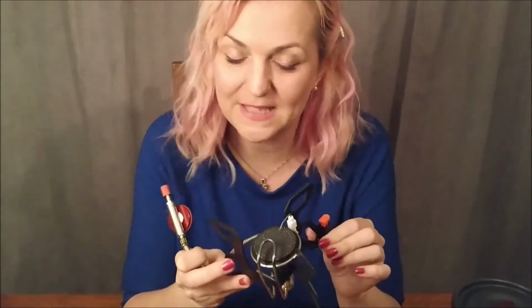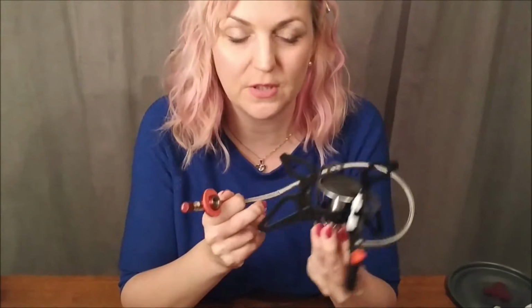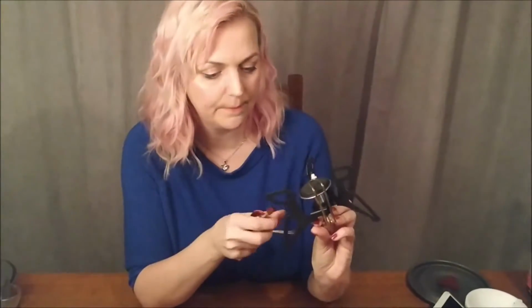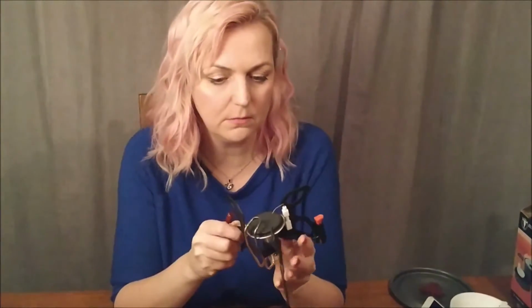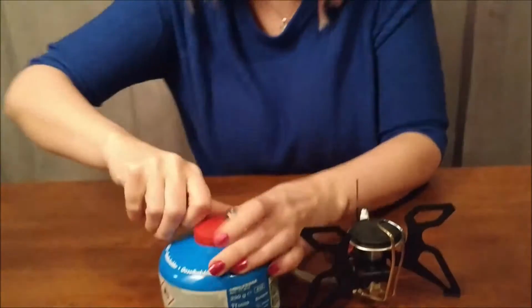Klar for igång. Welcome, I'm Sandy and I'm gonna try out this gas burner today. I have never used gas burners before because I always use wooden stoves and alcohol stoves. But I guess these are a little bit faster and yeah, you need to bring gas. This is gonna be connected to this, so